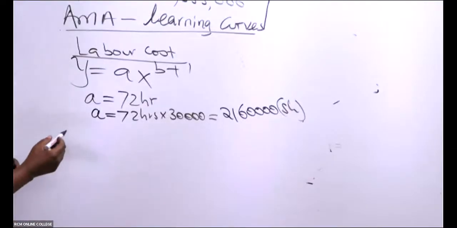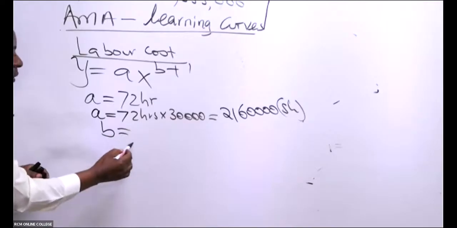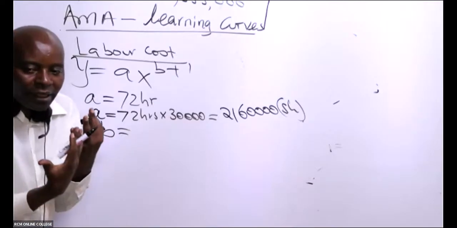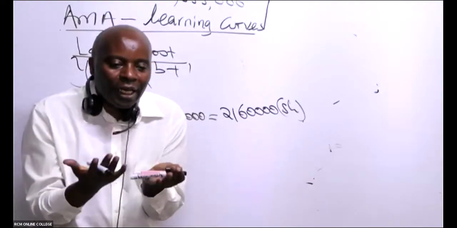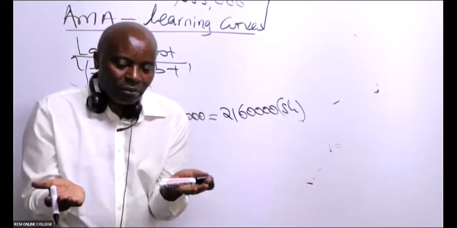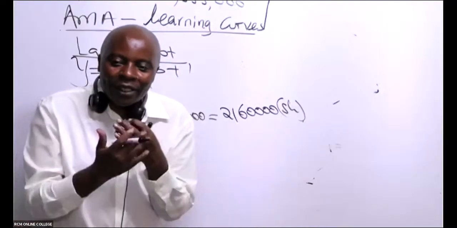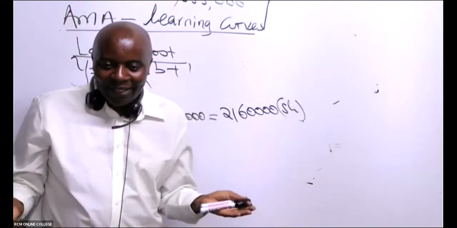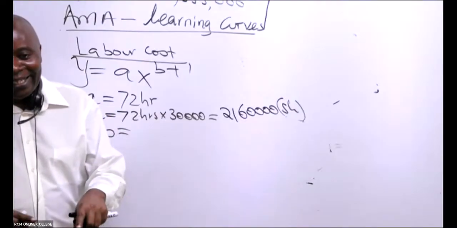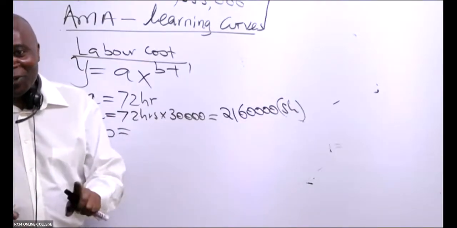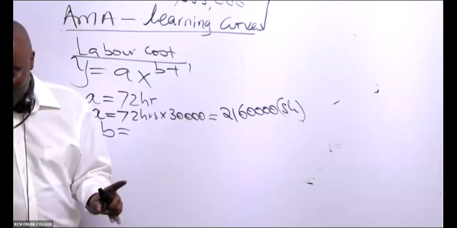And then this examiner was not good. This examiner knew pretty well that AMA students, in terms of learning curves, the only thing they're able to get right is B. Most of you, that is the only thing you know how to get right, right? Yeah. And then I decided to give you the answer. That's insulting you, eh? We shall overcome, I shall make good.